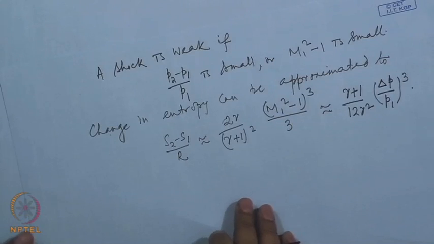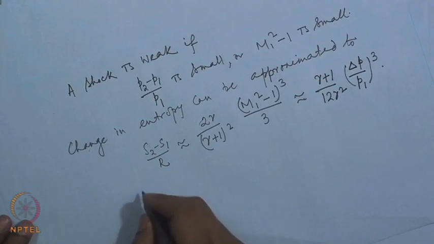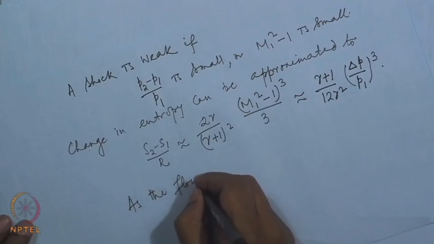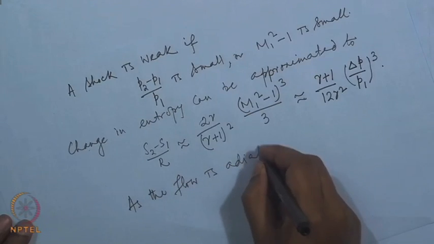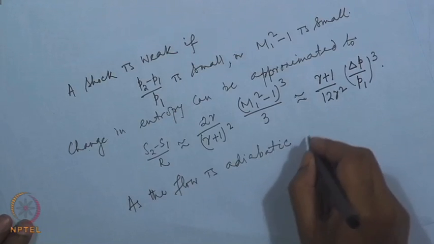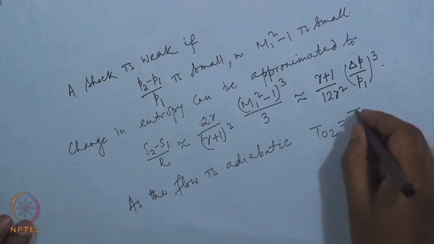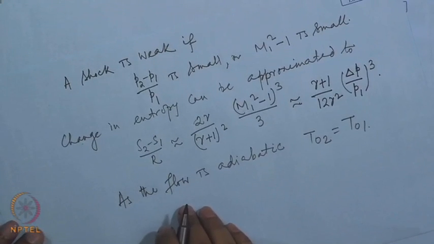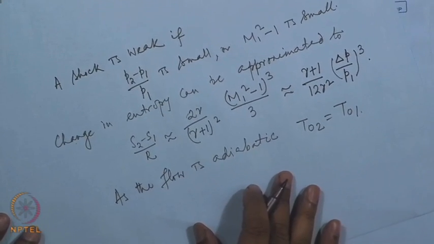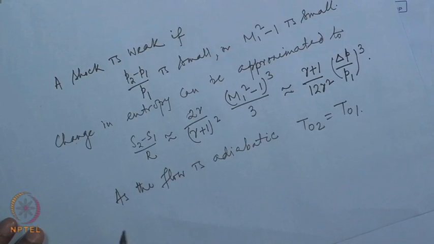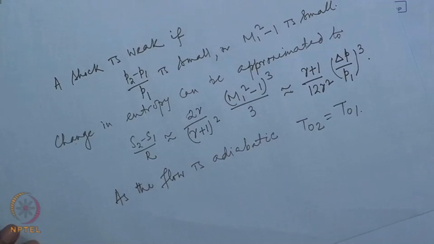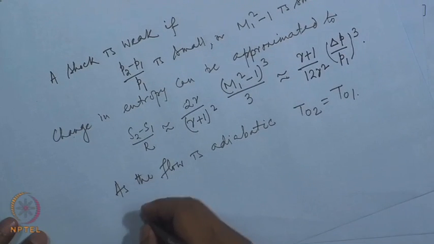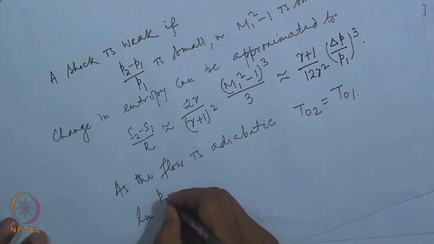Since the flow in this situation that we considered is adiabatic, we have T02 equal to T01, and the stagnation pressure ratio can be obtained in terms of the entropy difference,